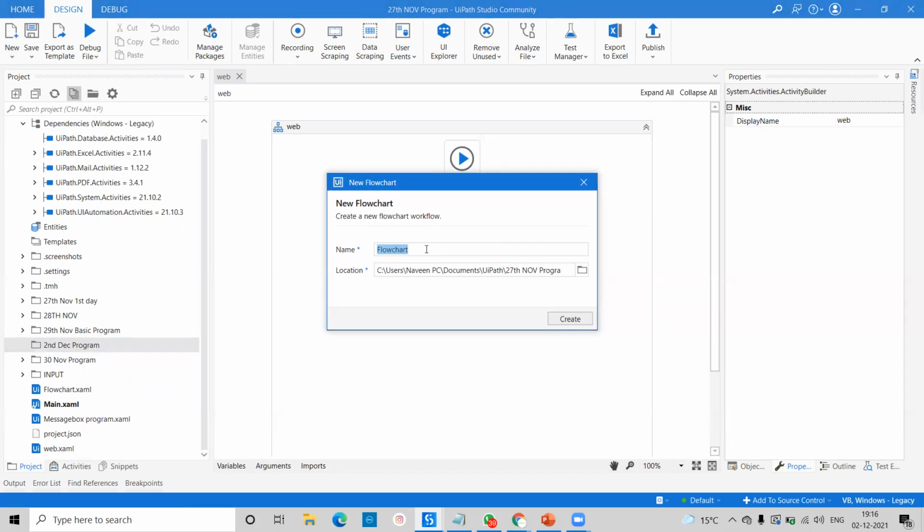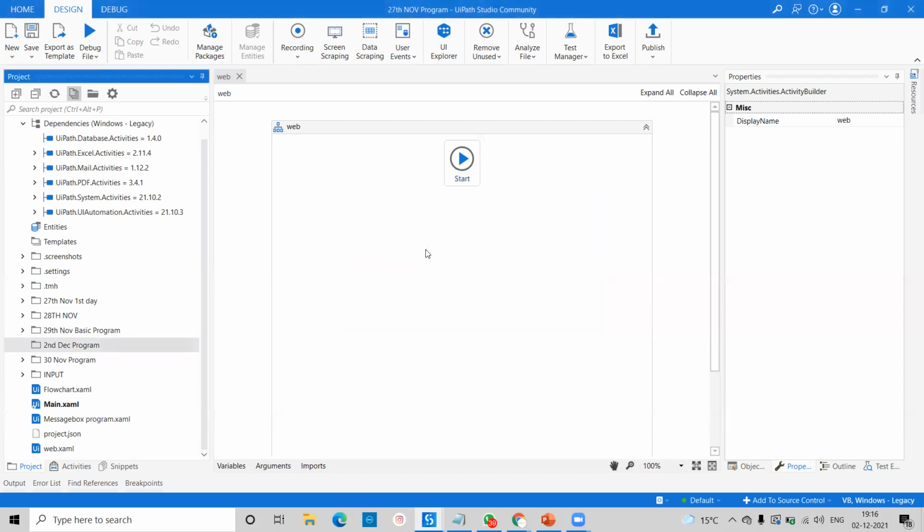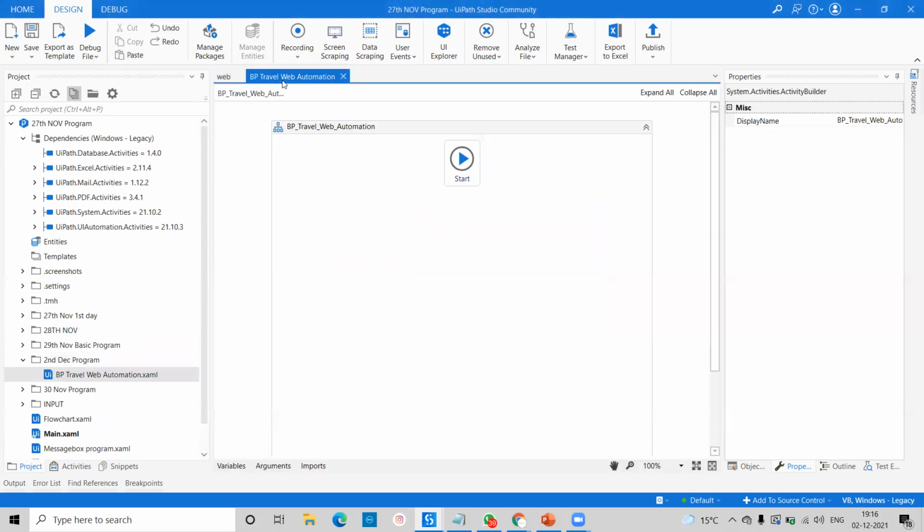But if you want to rename your program, you can pass the name like that. So I can pass here web automation. Okay, so here I'm giving this name. Click on create. Okay, automatically we are getting this workflow.